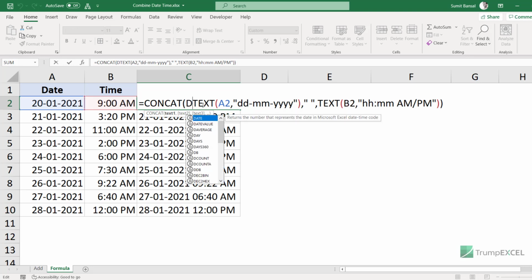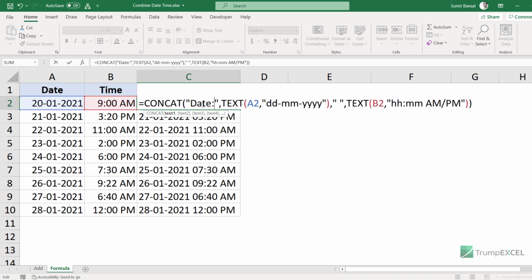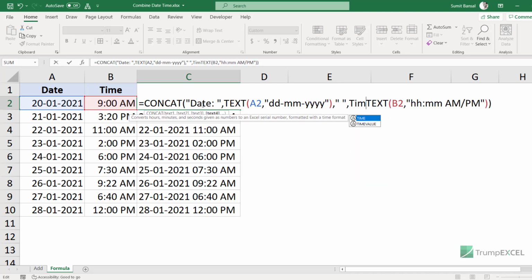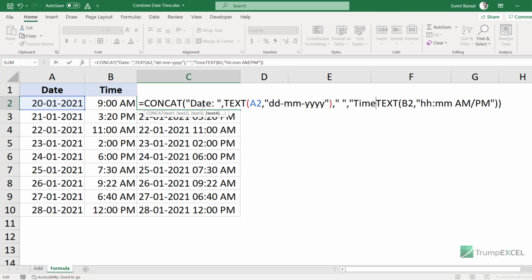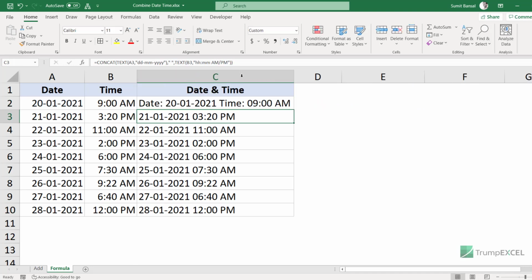For example, here I would type Date colon in double quotes, and then here I have a space character already, and now here I would enter Time in double quotes. And now when I hit enter, you see it gives me the result in this format where it says date is this and time is this.